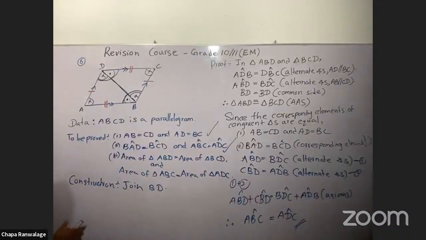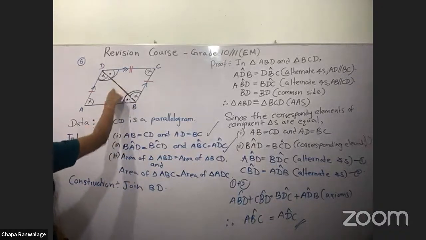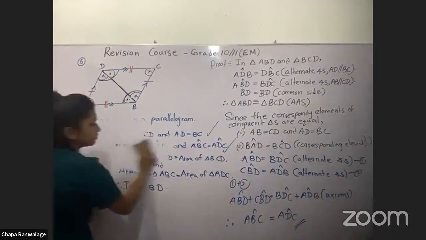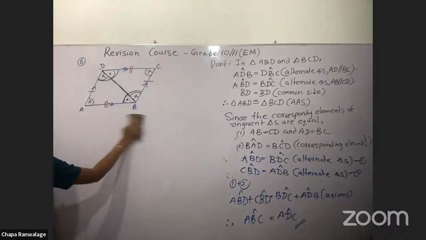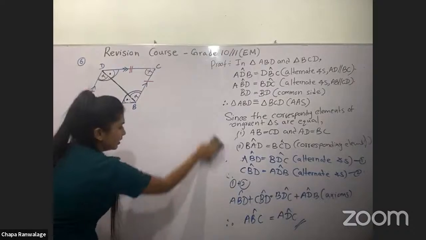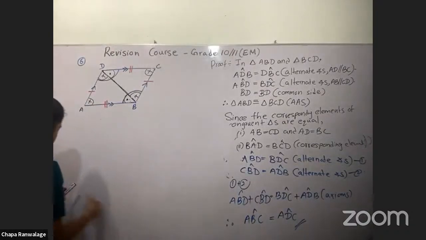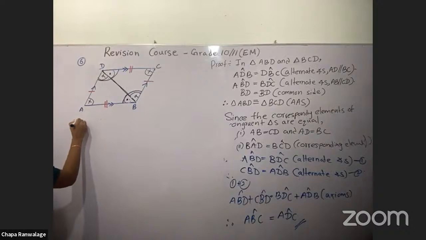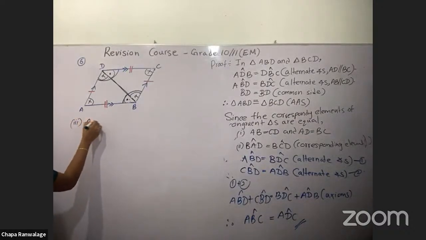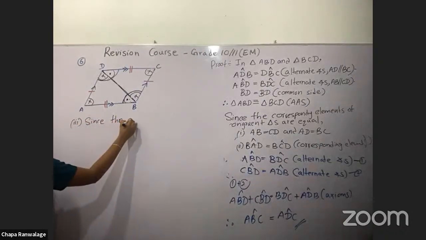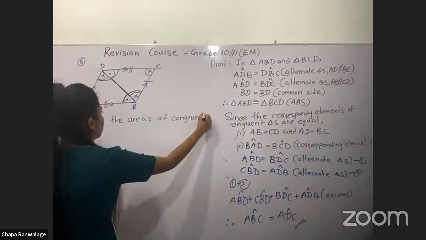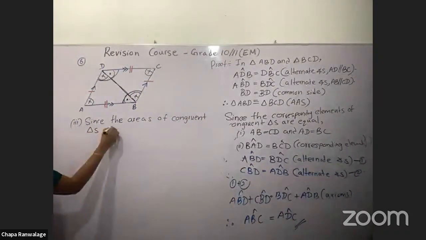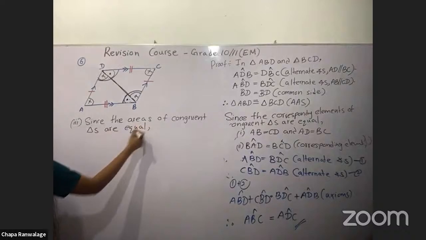Now the third case, the areas. These two are congruent. You know, children, congruent means they are identical. So the areas are also equal. Right? So the third one: since the areas of congruent triangles are equal,